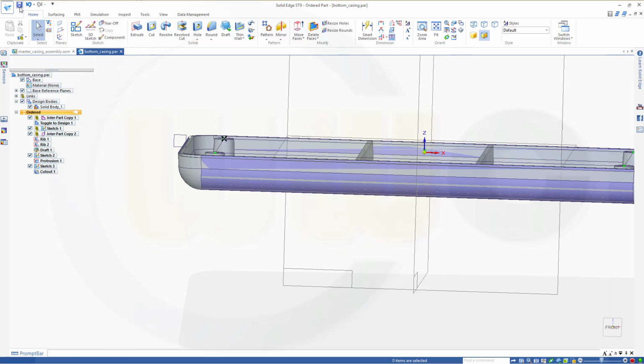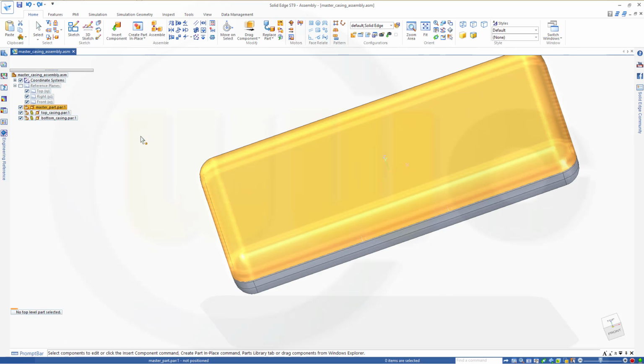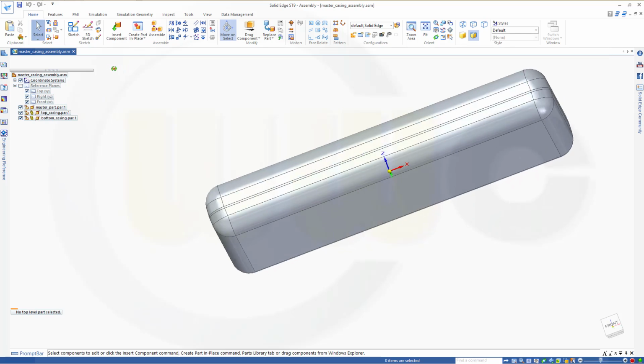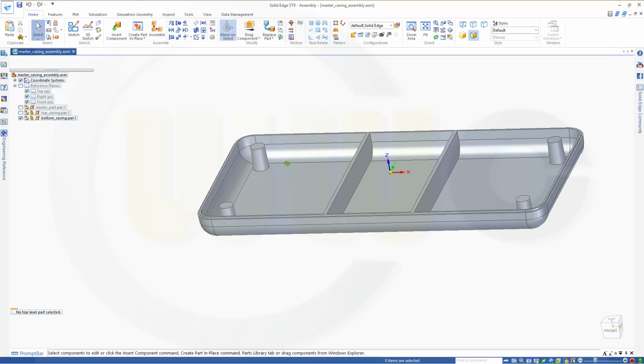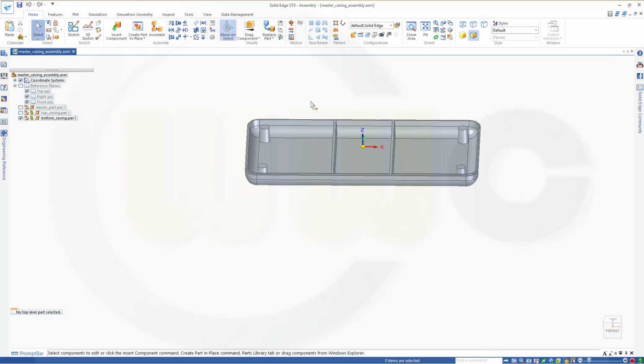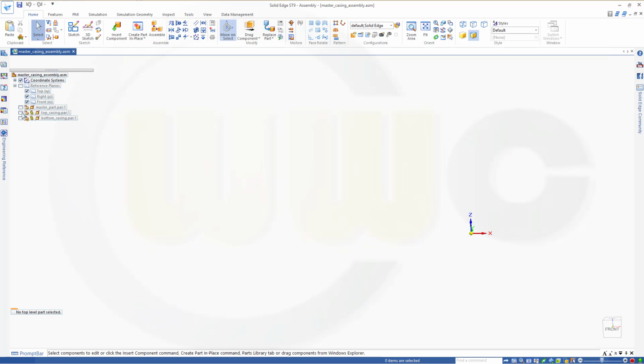So save it and close it. And now my bottom casing should have changed. Check it out. Hide these two, and yeah. So next is the top casing part. Let's hide this one,